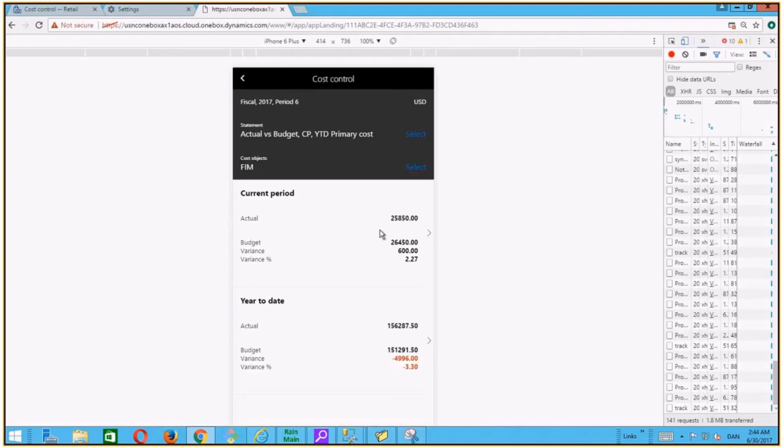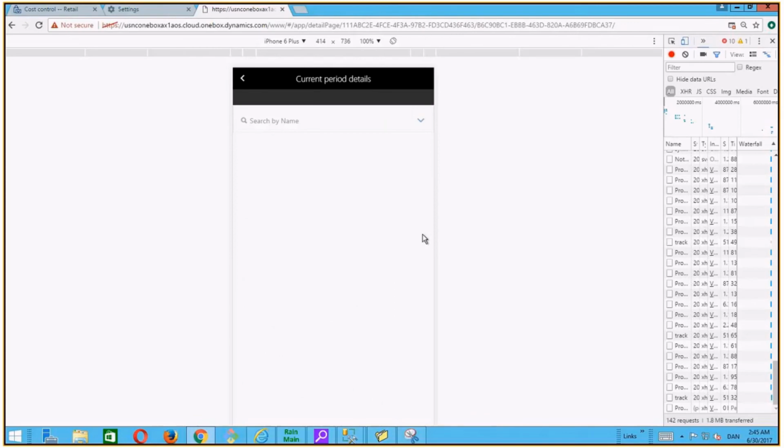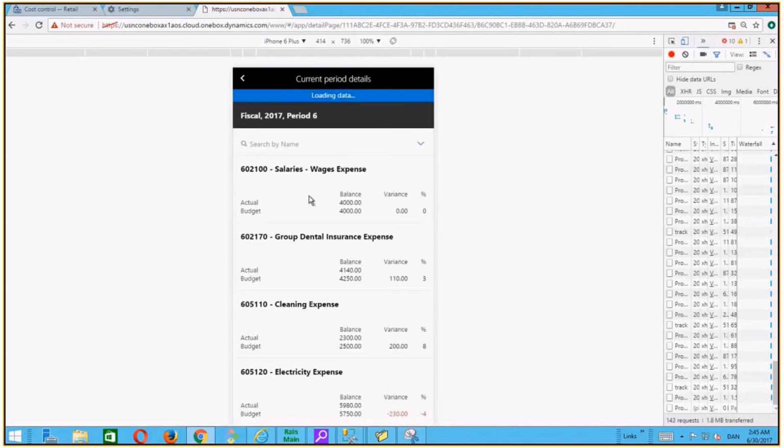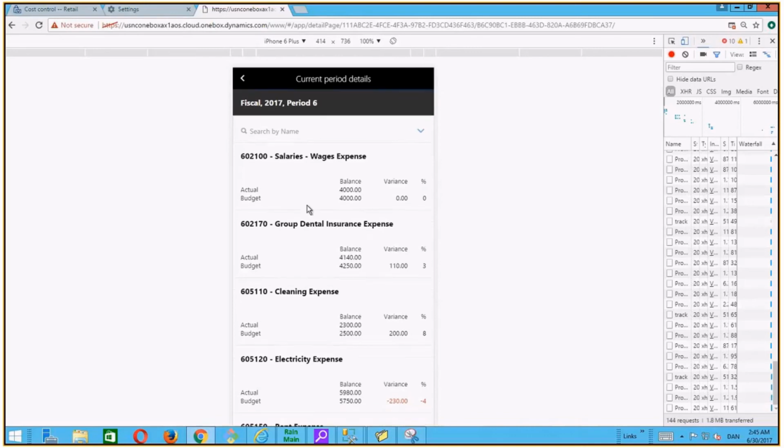If I want to see the details of the current period, I simply click on the tab here, and the system will then show me, for all the cost elements where there are transactions, what the transactions are, and what the budget is, and if I'm above or below budget on each of the cost elements. So here we can see I'm doing okay on the salaries in this group.